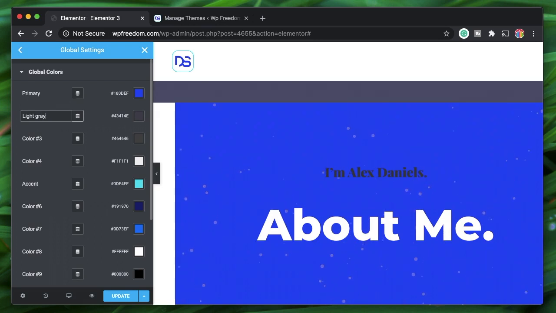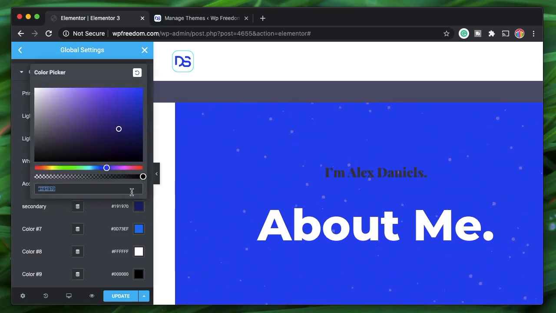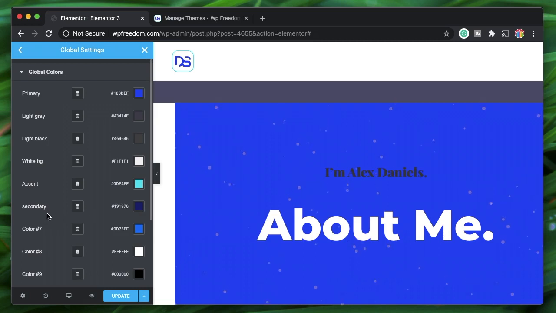So you can call this light gray, light black, or whatever you want to name it, right? I called this accent. Maybe I can call this secondary color, and you click on the color and you can choose the color that you want, or you can type in a hex code and that color will be assigned to this.